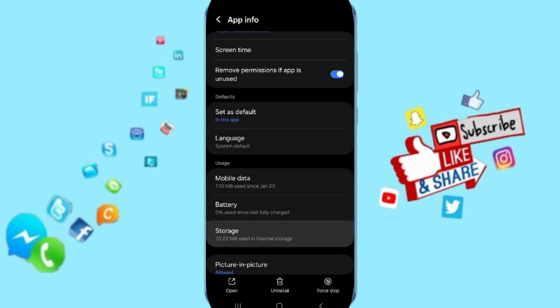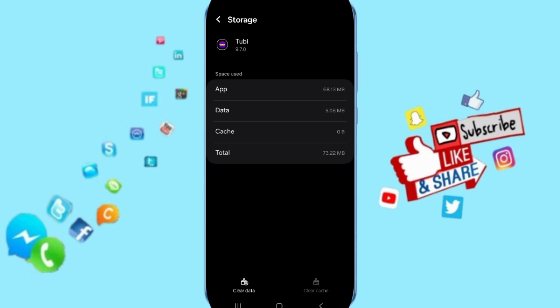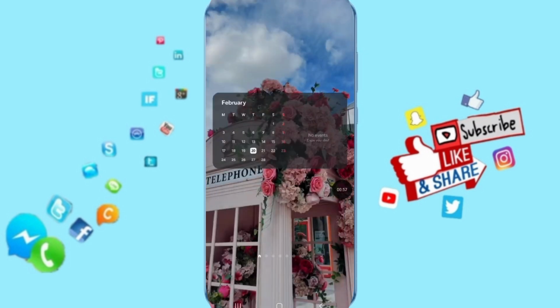Then you will enter to storage. Then you will click on clear cache. In the end, you will turn off your